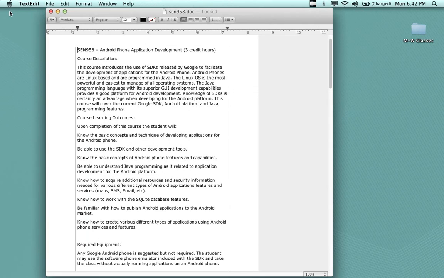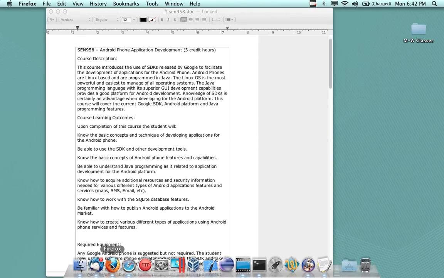Next Wednesday, I'm going to run through the install for you, but I don't have a computer that does not have it installed on it right now. And if you bring your computer on Wednesday and you already have Java installed and you have Eclipse installed, then we'll do the Android install from there, and we'll have everything installed all in one shot. If you want to do it at home before you get here, which is also another choice that you can do,